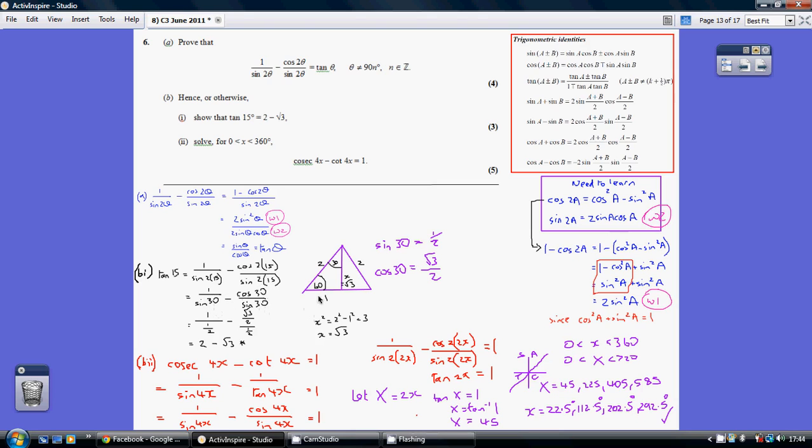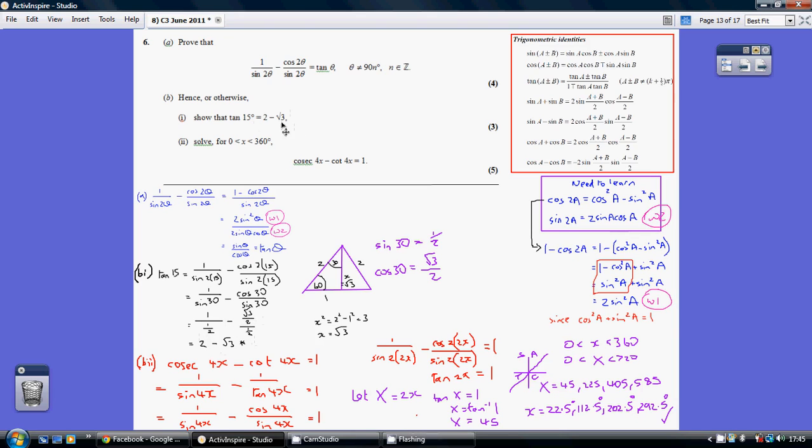Now if we could just consider an equilateral triangle, each of the angles is 60, drop down a perpendicular, so we've got an angle of 30 here. This allows us to work out sin 30 being opposite over hypotenuse, a half, and cos 30 being adjacent over hypotenuse, root 3 over 2. So this sin 30 and cos 30 can be replaced by half and root 3 over 2 respectively. Both of these are being divided by a half. Divided by a half is the same as multiplying by 2. So we've got 2 as this first term minus 2 lots of root 3 over 2, which is root 3